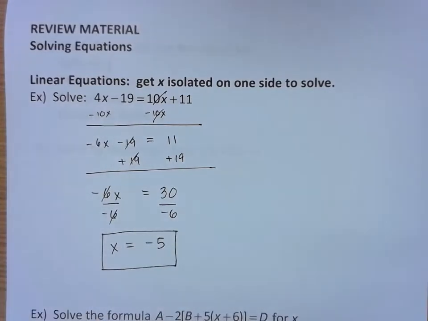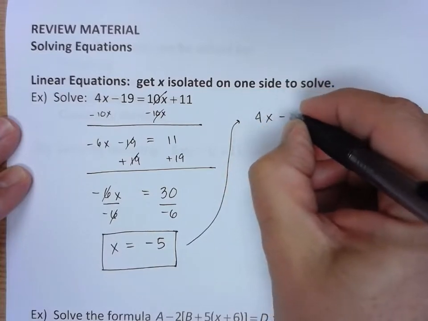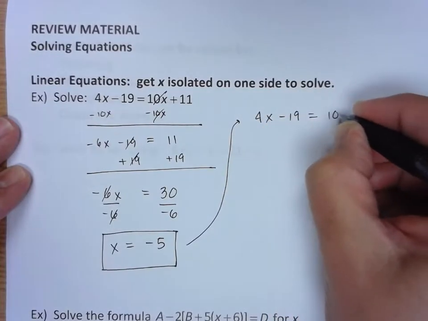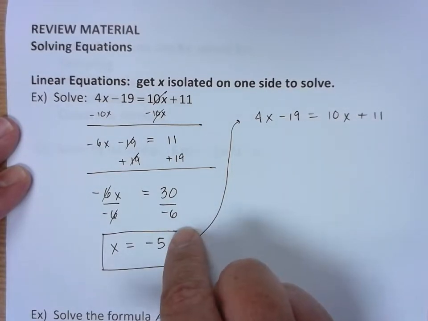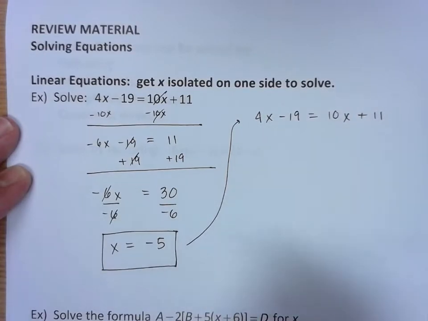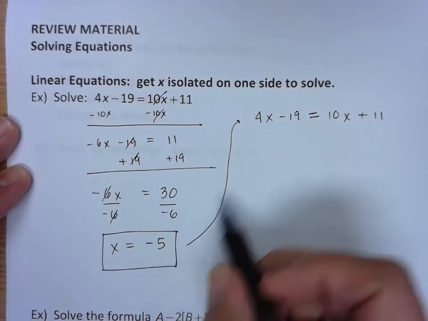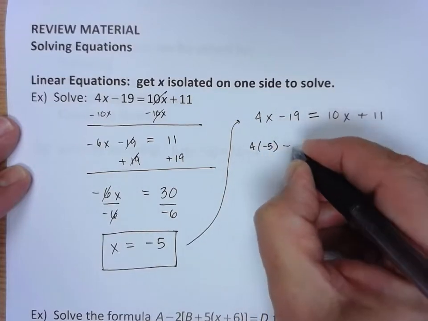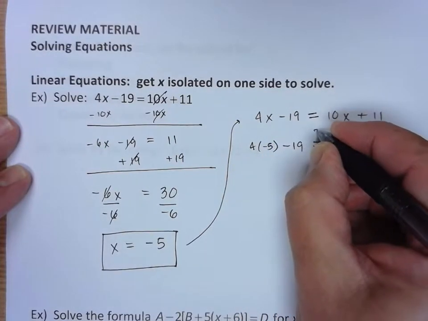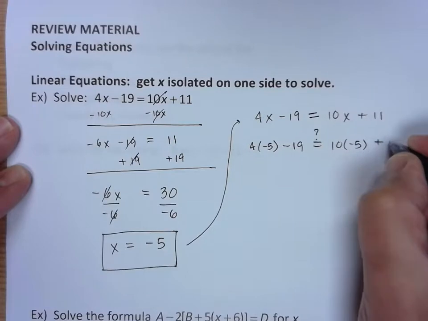Now, part of the equation solving process is also to double check and make sure you got the solution correct. So remember, the original equation said 4x minus 19 equals 10x plus 11. So if you were to take the original equation and actually plug negative 5 in for the x's that you see here, you should get a true statement. You should get the left-hand side and the right-hand side are equal to each other. So if you replace negative 5 for both of those x's, we will see if we get a true statement. So let me put a question mark up above the equal sign to see if this does generate an equality.